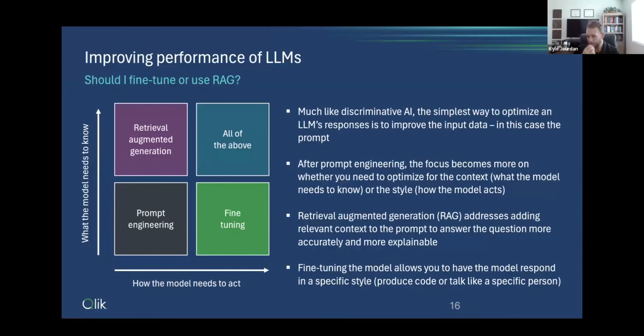We've also seen where they can't use information that is not available to them, that might be behind a firewall, that might be internal to an organization, or they just have a knowledge cutoff where most of these models are trained through a certain point, a lot of them over a year out of date at this point. And so how do we address not only giving the most recent information, but also accurate and trusted information to make sure that they're giving answers that we're comfortable with and not hallucinating and making up incorrect answers? So there's a few different ways we can approach that.